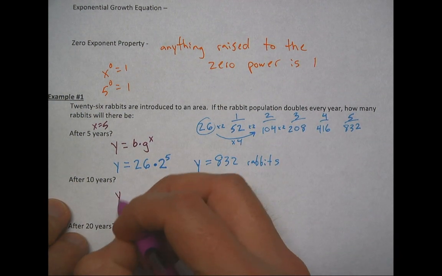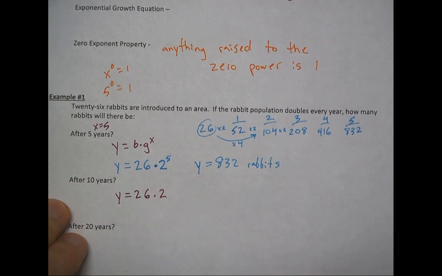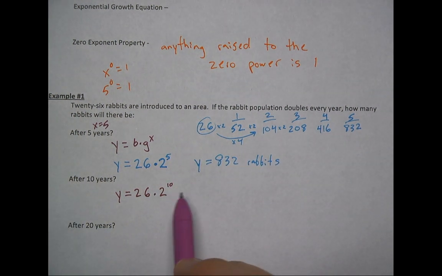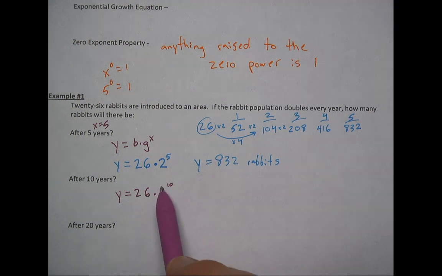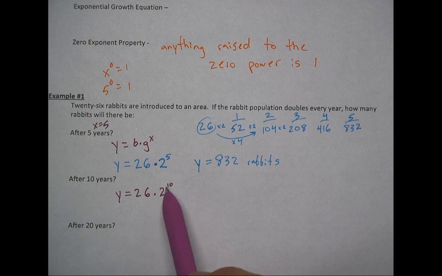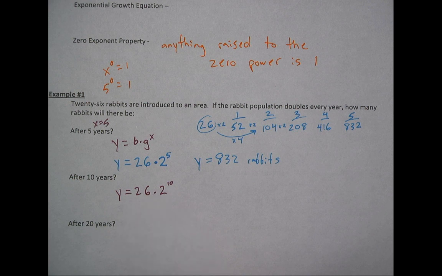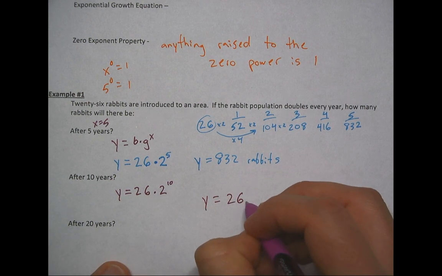So how about 10 years? So the total amount of rabbits, we started with 26. They're doubling every year, so that's 2. The amount of time is 10. So 2 raised to the 10th times 26. Remember your order of operations. If you were plugging this into a calculator and you were going to do it one step at a time, exponents first. So 2 raised to the 10th, get that answer, then multiply by 26. And that comes out to